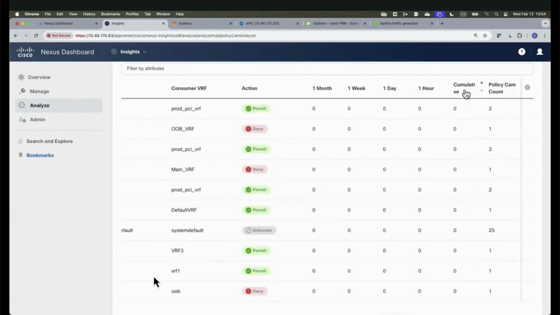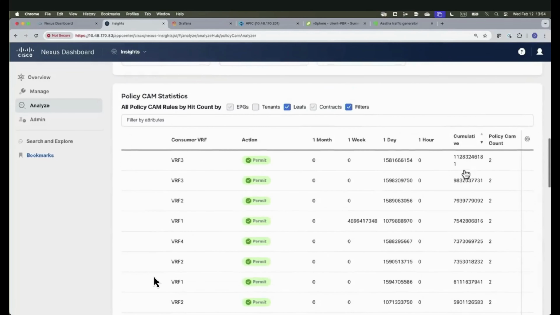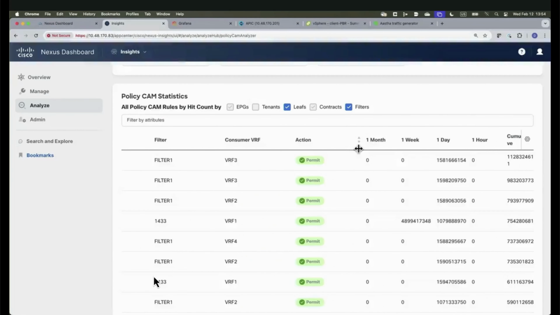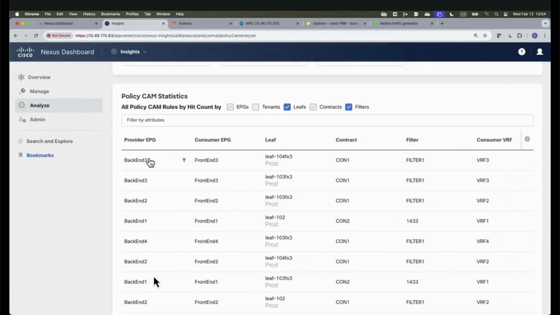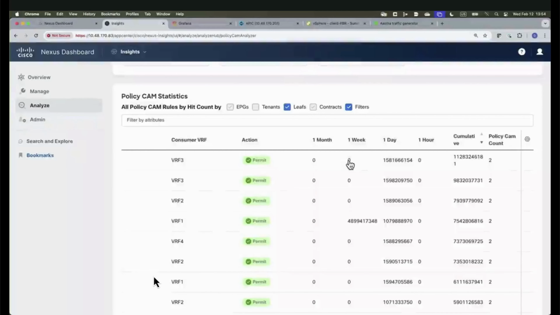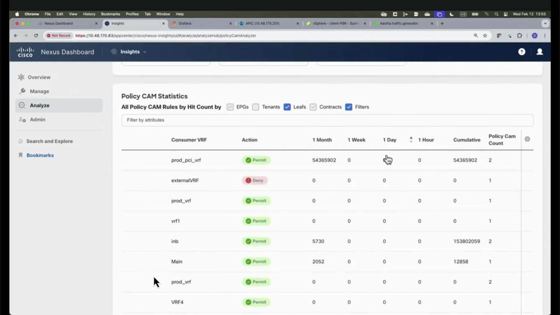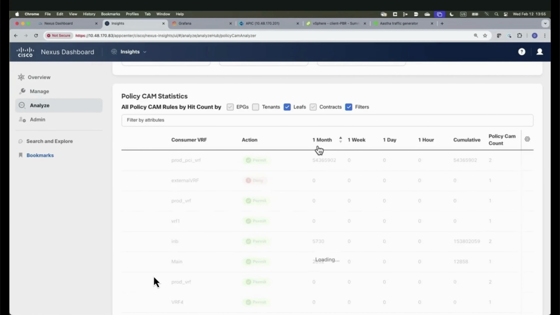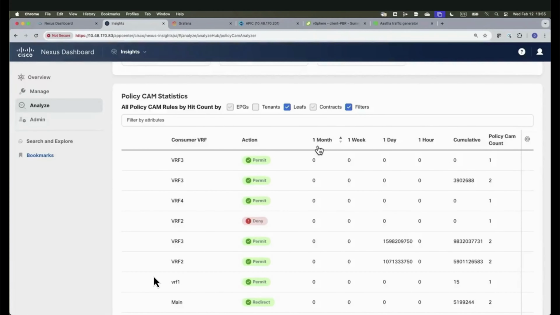contracts by policy CAM usage, or more interestingly, by hits. For example, cumulative hits. So here you can see that I have a specific contract in VRF3 that is called, say, backend 3 to frontend 3, contract 1, that is using just 2 TCAM entries, so not that much, and in the last day has been hit a big number of times. But there are other contracts that